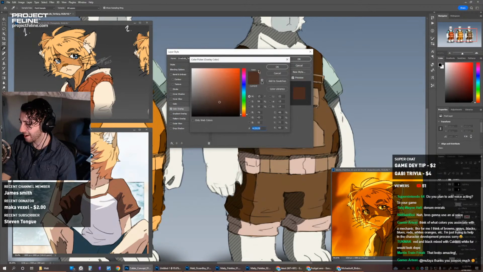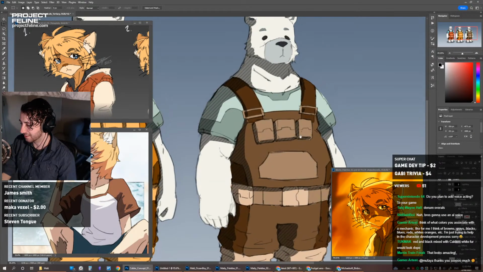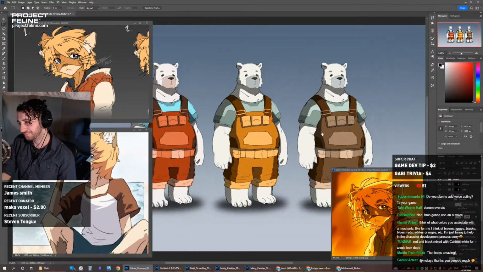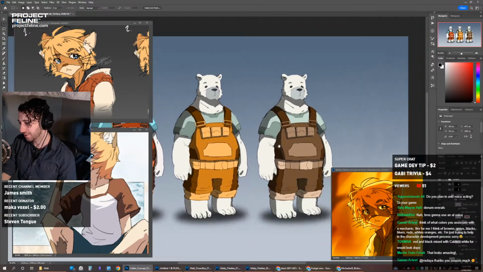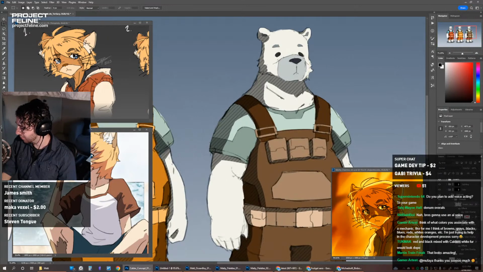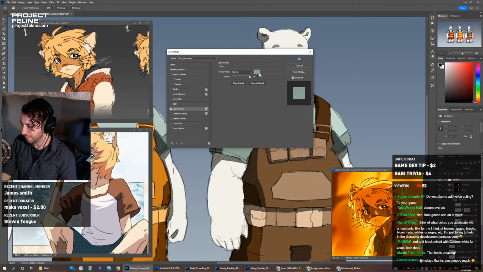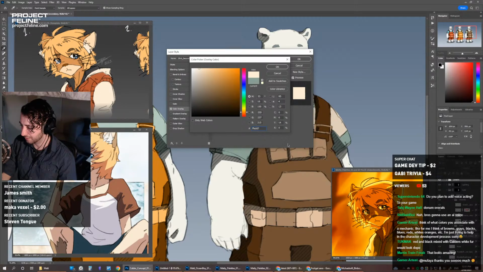I imagine this is more what you were thinking, right? This kind of brown. But I want to try a different blue for the shirt maybe. It all looks a bit too pale. That's what I was afraid of happening with brown.